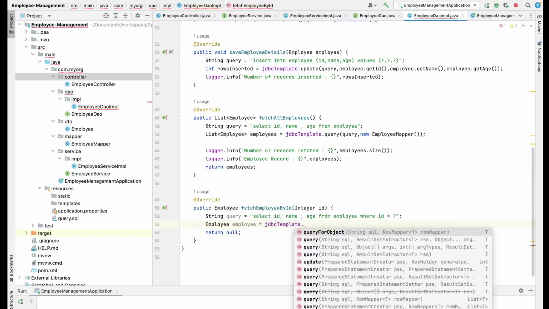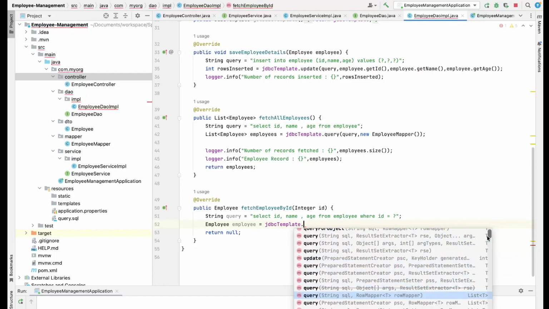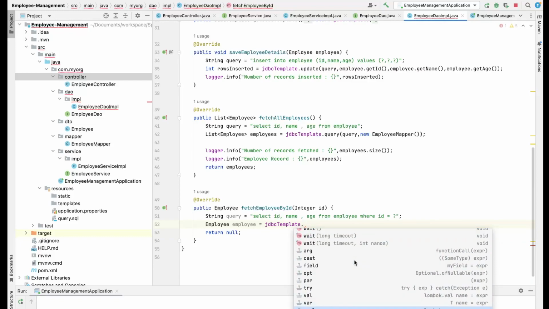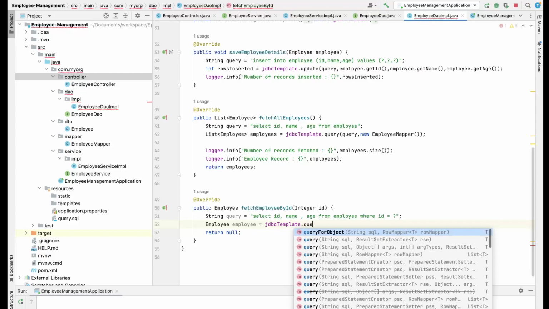Now there's a different query method. See, for fetching anything, we will have to use query methods. But query method generally will have many return types. If you see the return type on the right hand side, if this is a T, that means it is a single object. If this is a list of T, that means this is a list of objects. But here this time we just want a single object, right? So what we'll do is we will use something like queryForObject,